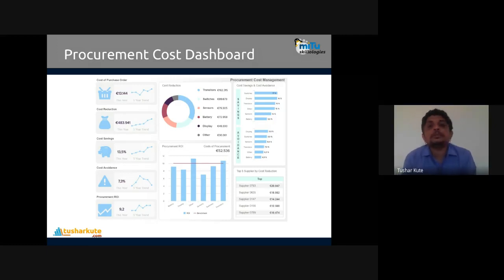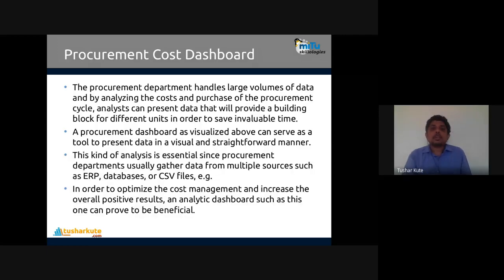So the cost involved in the procurement can be shown in analytical format on the procurement cost dashboard, something like that. We can create it. It's a part of everyone's idea to manage things at this location: what to do, when to do, how to do. These kinds of questions and their answers are required to find before designing a dashboard.